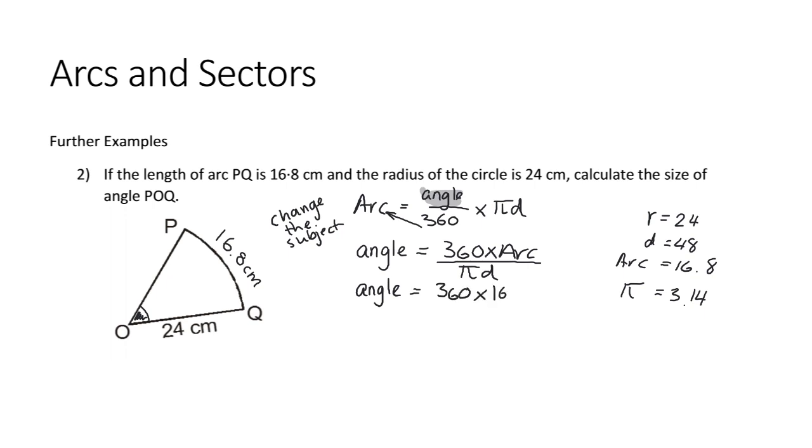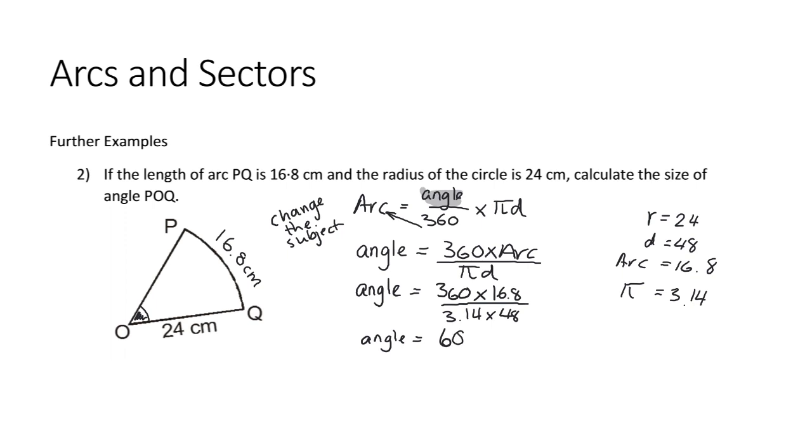So my arc is 16.8, and I've got 3.14 multiplied by 48. At this point, I am going to do the numerator and the denominator separately. The reason that I'm going to do that is I want to reduce the amount of mistakes that I can potentially make. So 360 times 16.8 is going to be